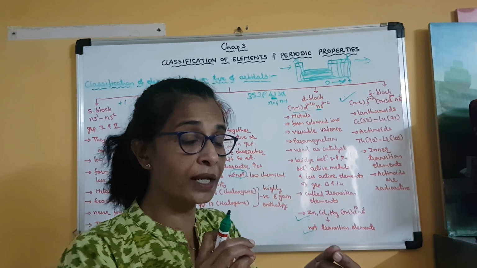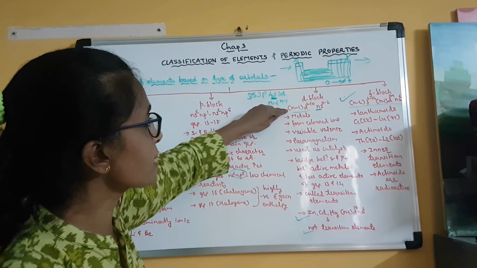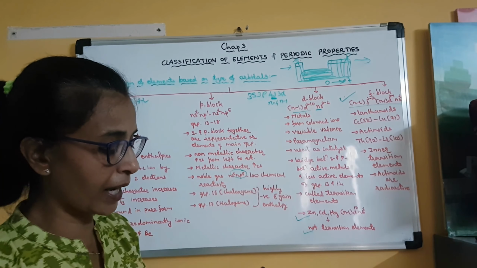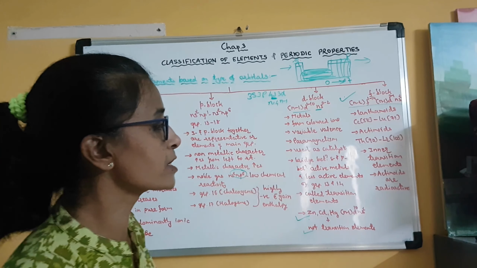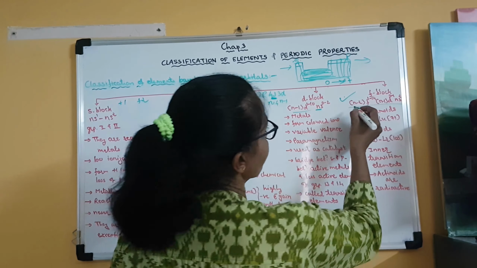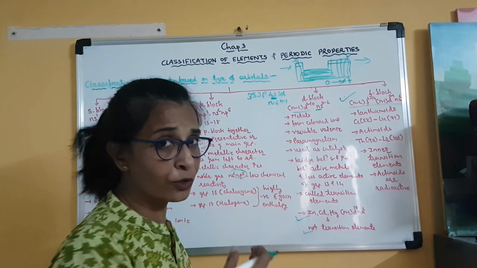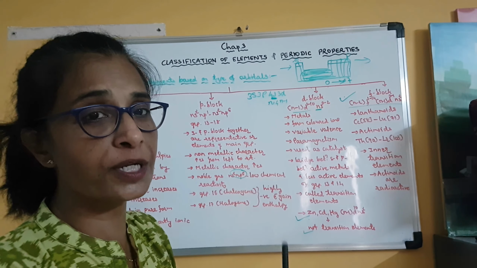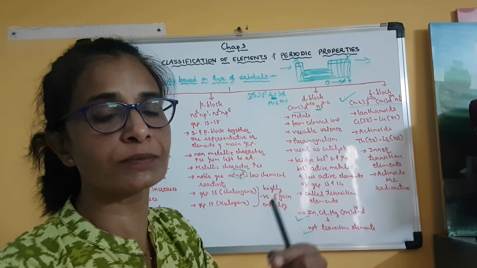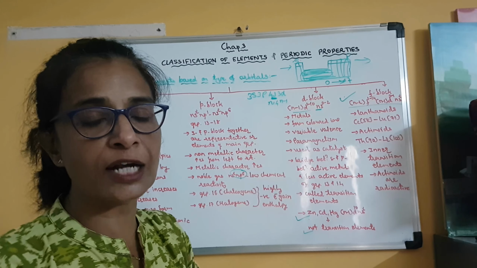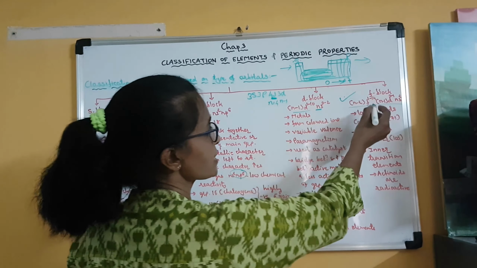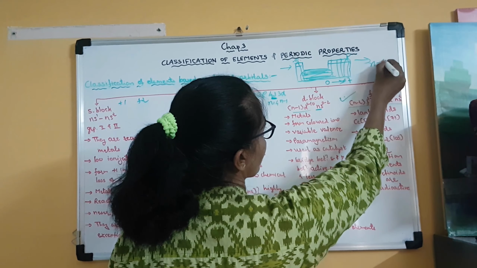In case of D block elements, I have written n-1. So obviously for F block elements, I will have to write n-2. Clear? We also know that F orbital starts from principal quantum number 4. D orbital starts from principal quantum number 3. P orbital starts from principal quantum number 2. Clear? So F orbital starts from principal quantum number 4.